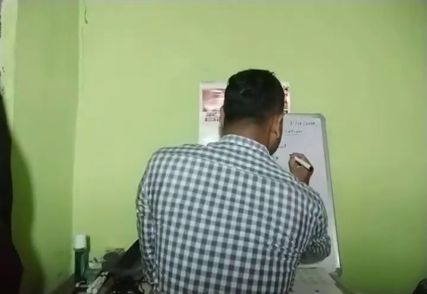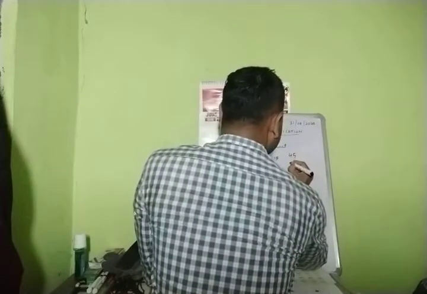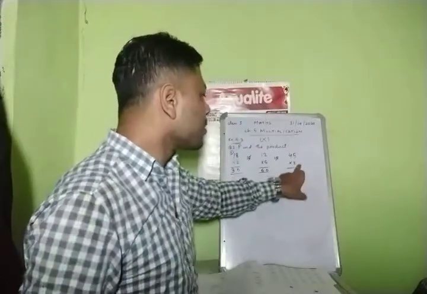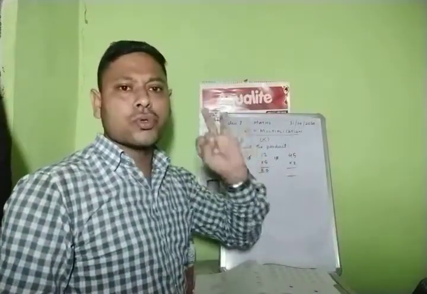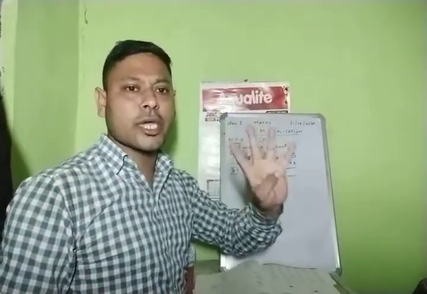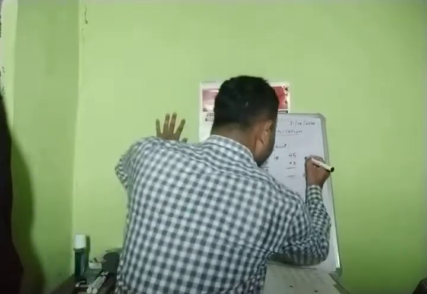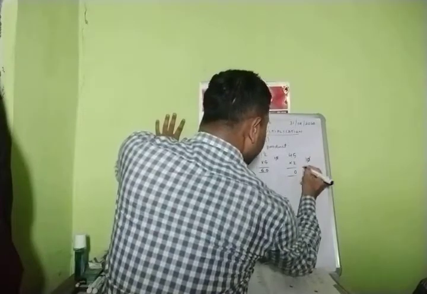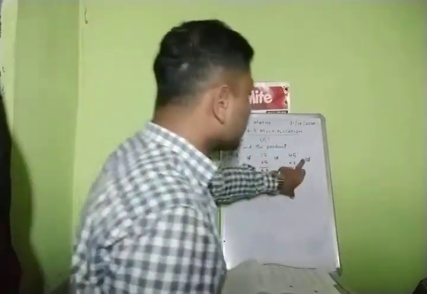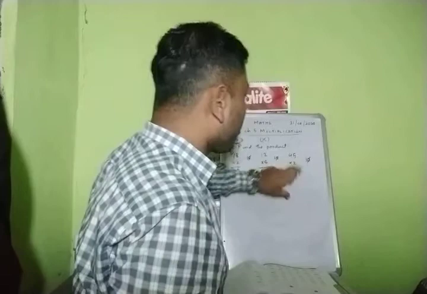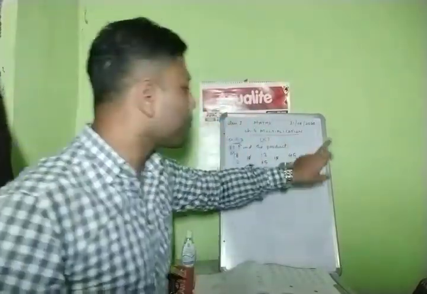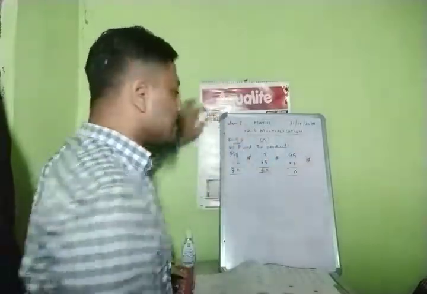Right? Next question. 45 into 2. 45 into 2. Now see here. 2 into 5. 2 1s are 2. 2 2s are 4. 2 3s are 6. 2 4s are 8. 2 5s are 10. So write 10 here. Then what will I do? 0 I will write here and cross it. Yes or no? Then what is left? 1. Then 2 into 4. 2 1s are 2. 2 2s are 4. 2 3s are 6. 2 4s are 8. 8 and 1 was here. 8 plus 1, 9.